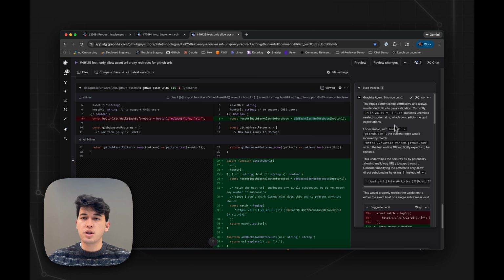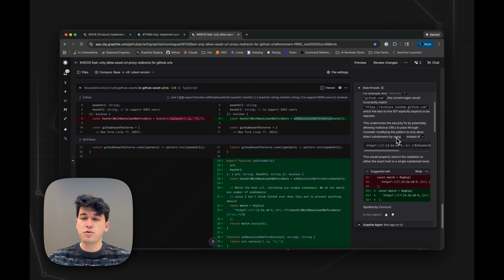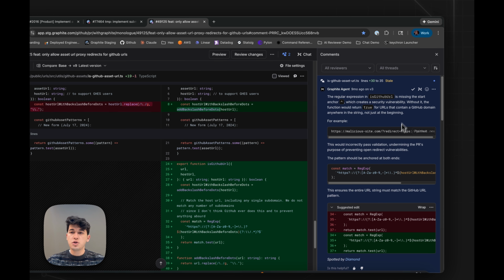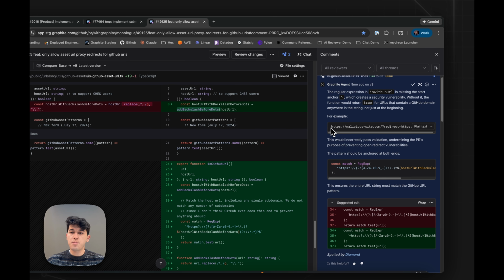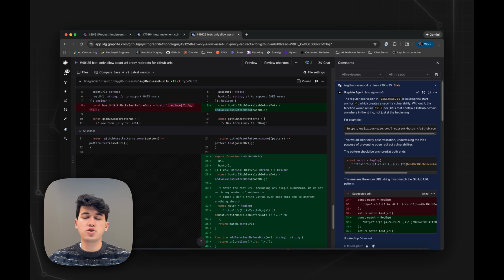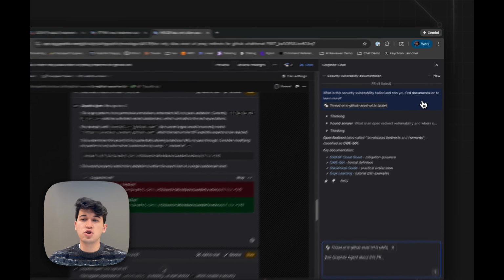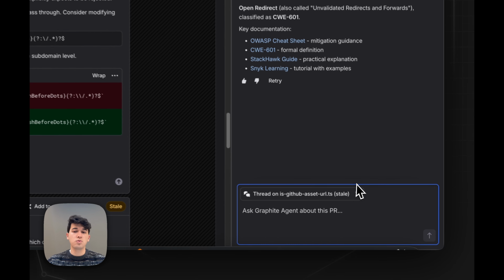In this example here, we have a regex in which we're evaluating a GitHub URL. You can see here that it gives us an example in which a malicious site could essentially pass this regular expression and allows us to commit the suggestion inline. Let's say I don't fully understand this comment and I want to make sure that I understand it before I accept the suggestion. I can really easily click Add to Chat, and this context would get added to Graphite Chat,